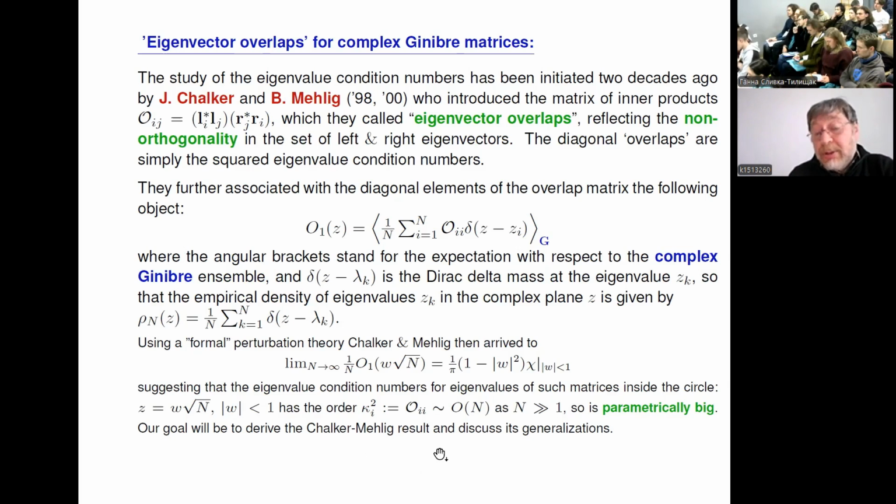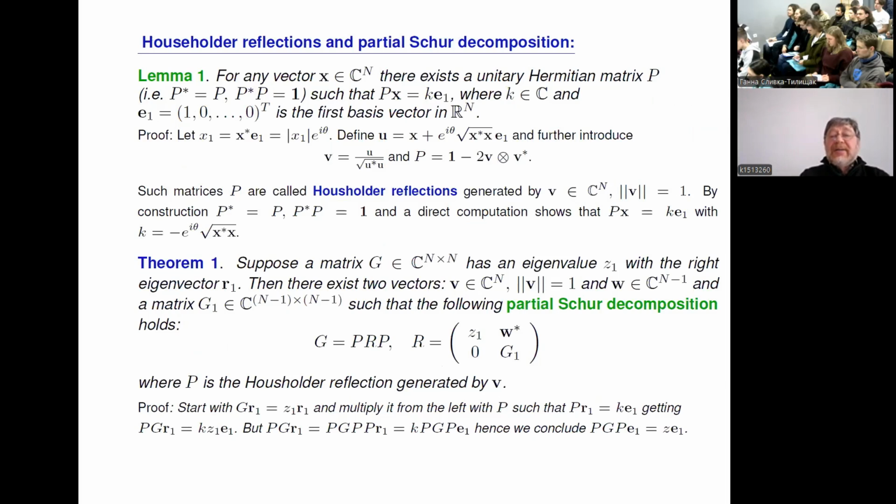In order to prepare the basis for this, let us start gradually with understanding a possible and quite efficient way of addressing properties of both eigenvalues and eigenvectors of Ginibre matrices. For this, it's useful to introduce the notion of the so-called partial Schur decomposition for non-normal matrices. And this is used while introducing the notion of so-called Householder reflections,